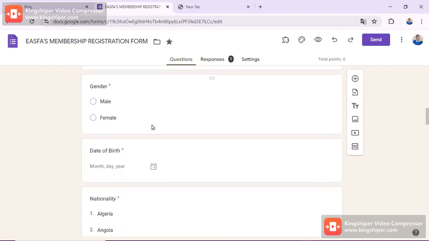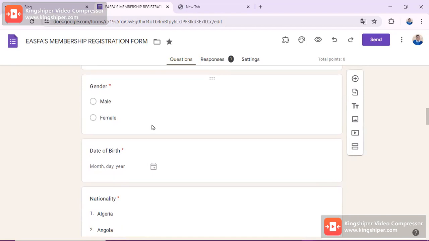Then from there, the gender section is a single response, by either giving whether you are a male or a female individual. Then it's followed by the date of birth.